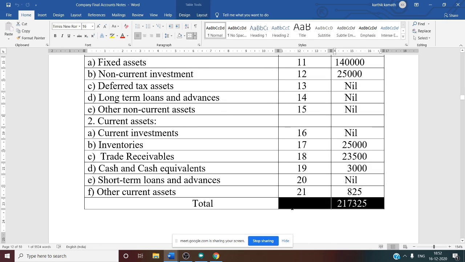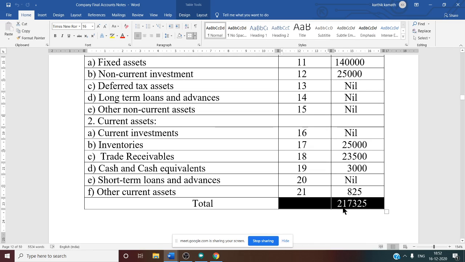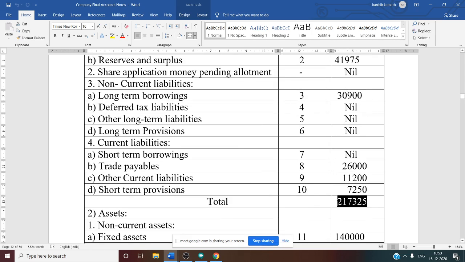Finally, the total of the asset side. All 11 to 21 you have to add and write the total, and it should match with the liability total. So both the side totals now, that is 2,17,325. See this, 2,17,325. I hope